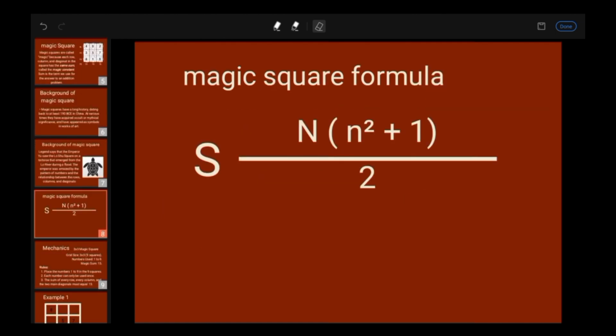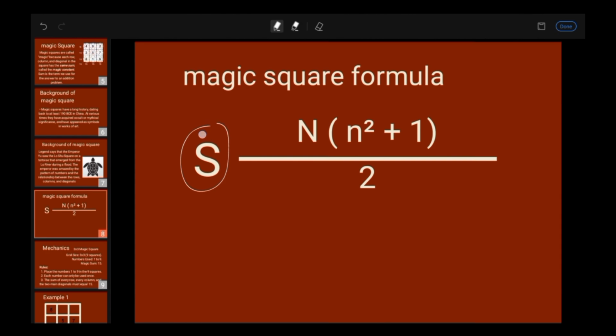Thank you Misha for sharing the history of magic squares. Ngayon, pag-aaralan naman natin ang formula ng magic square. Now, let's break down the formula para sa magic square. And don't worry, it is simple lang. So, we have here